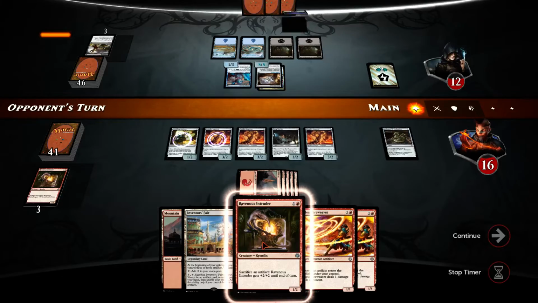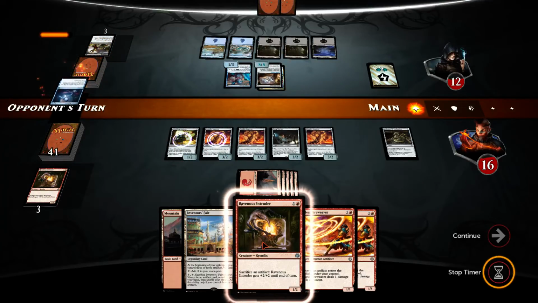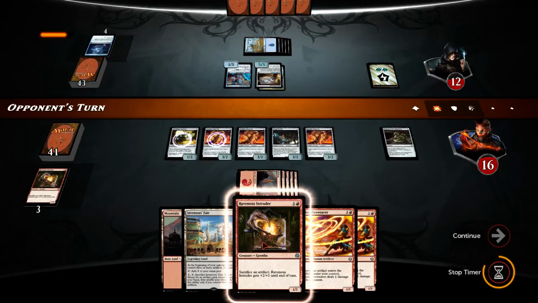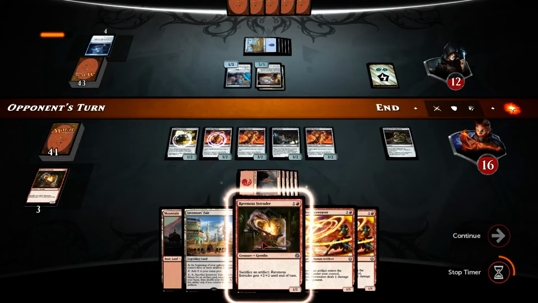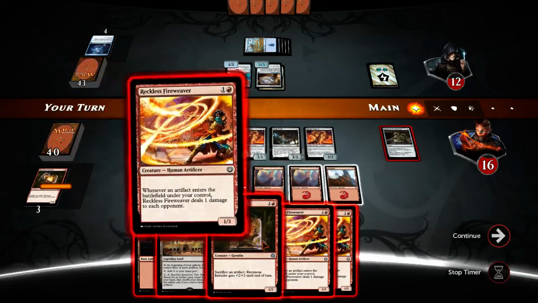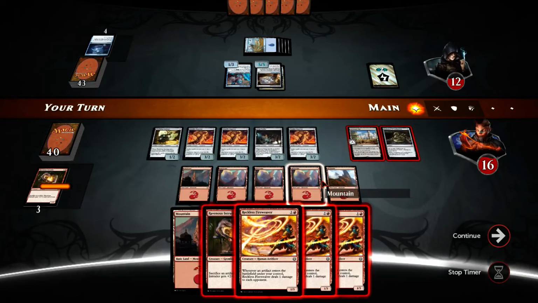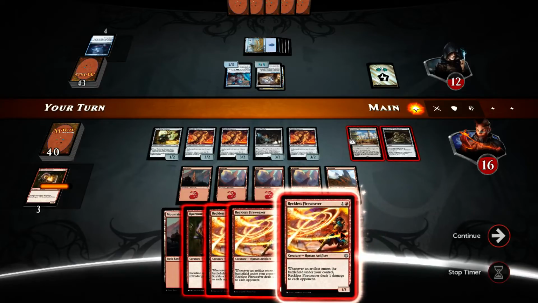Let's see now what he has. Reverse Engineer. No attacks for some apparent reason. I think if the opponent... Oh boy. Okay, 6 mana we need. This is really...